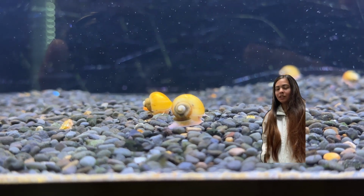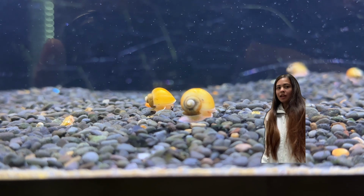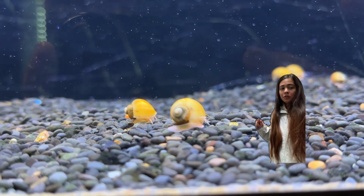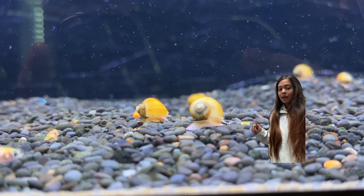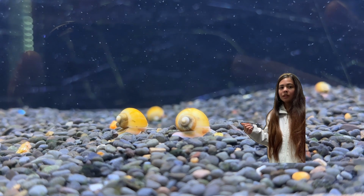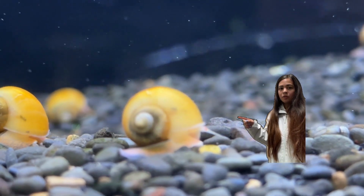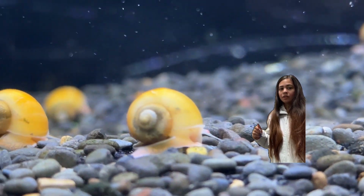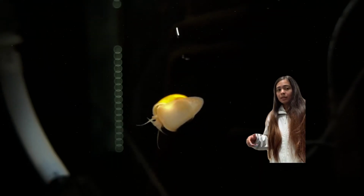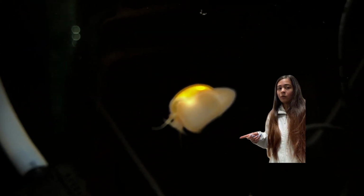As you can see when looking at these snails behind me, they have these long antenna-shaped features that are located on their head. These are known as their tentacles, and their eyes are positioned on the very top. They're like the circular little features. Around the snail, they have a conical shaped twisted shell that surrounds their body, which is different from slugs that do not have shells. Moving towards the back side of the snail, this is called the foot,